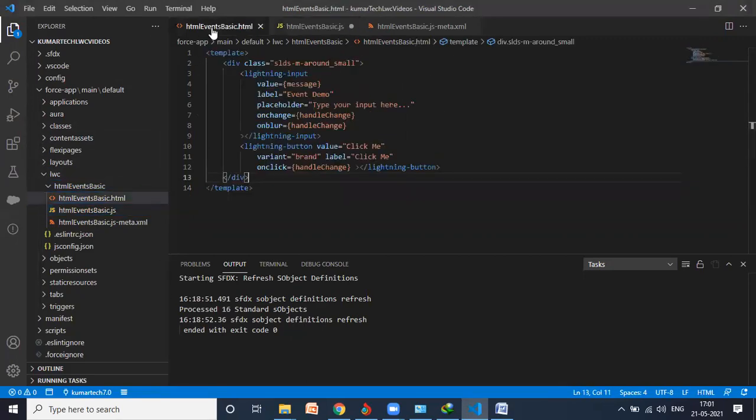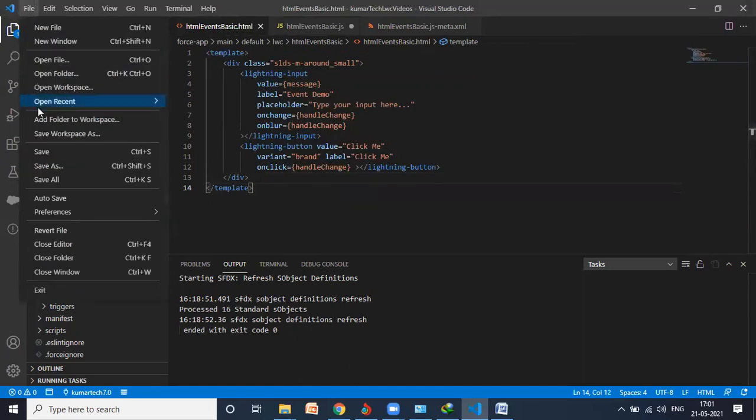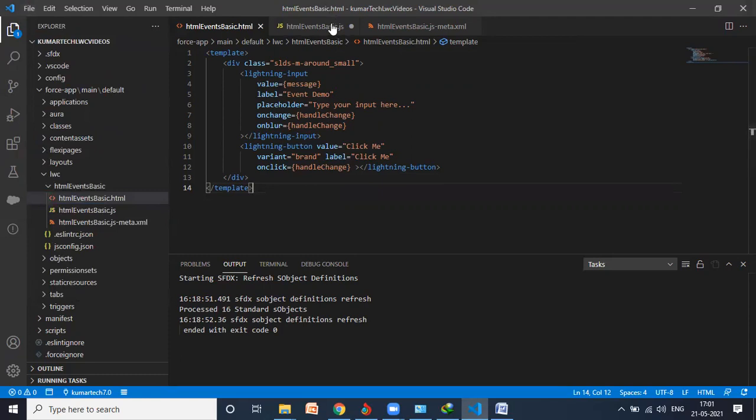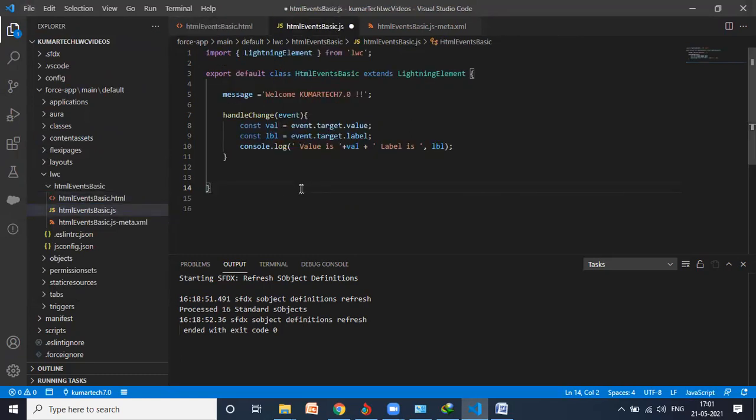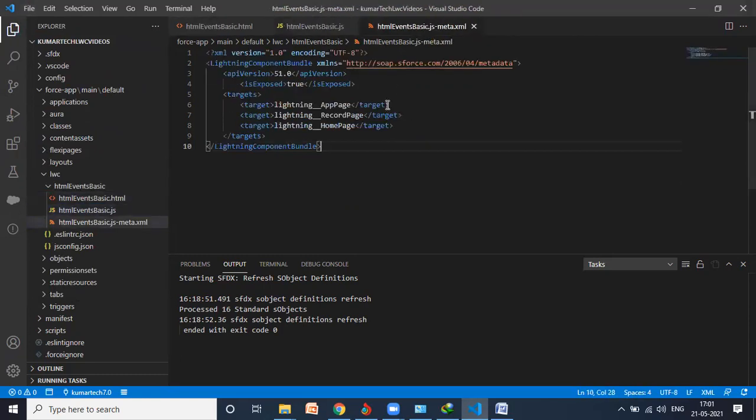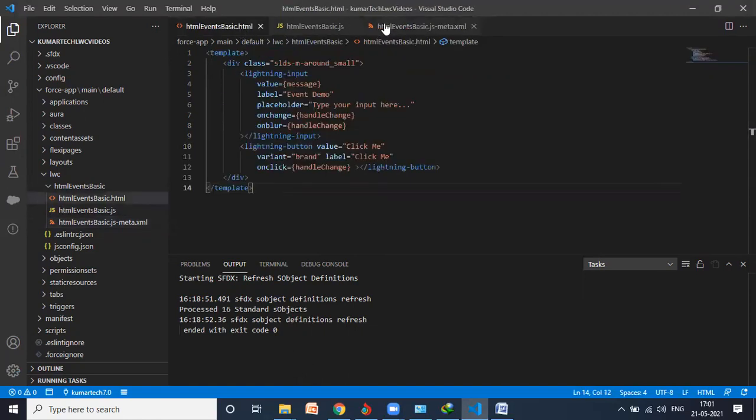I just need to go to this basic HTML. I need to save it. I save from my end. Again, for saving, go to File and click Save, or directly type the keyword Control S. I will type the keyword. Similarly here, I will type Control S. Similarly here. Done. Now I need to deploy all three of them.